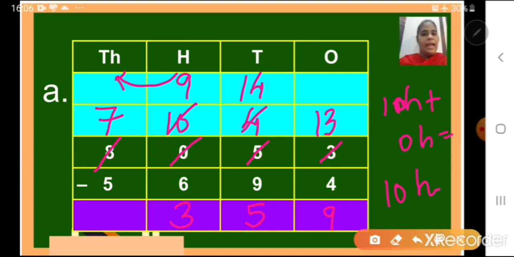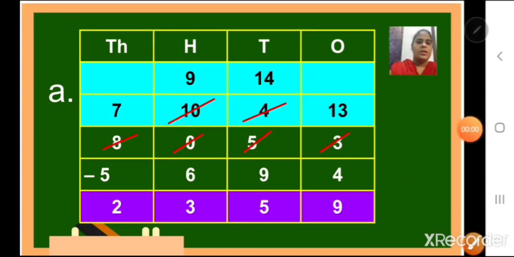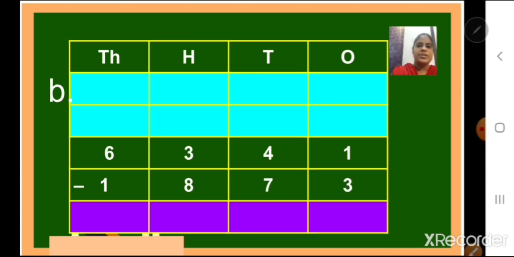Okay. And in thousands place we have 7 minus 5. What is 7 minus 5? 2. So my answer is 2,359. So children, the difference is 2,359. Let us move towards B question, which is